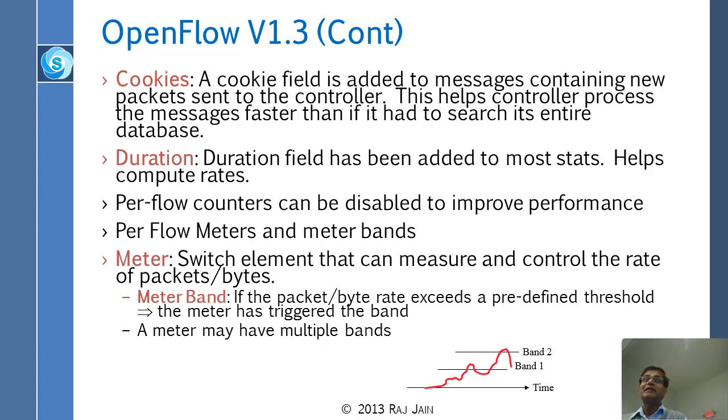So let me explain. So let's say a flow belongs to customer X, and customer X has paid for 18 megabits per second. So we want to make sure that they never send any more than 18 megabits per second. If they send more than 18 megabits per second, we throw away their packets. So how do you program this stuff? First of all, you ask the switch to measure, that is called a meter. You ask the switch to meter the rate, so it will have a duration, it will have a counter when initialized, and it will have some count, and then you can calculate the rate.